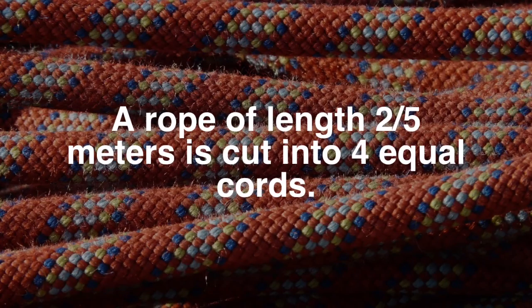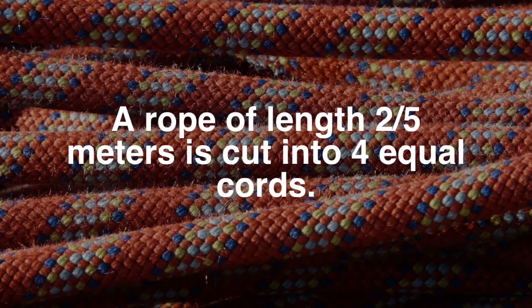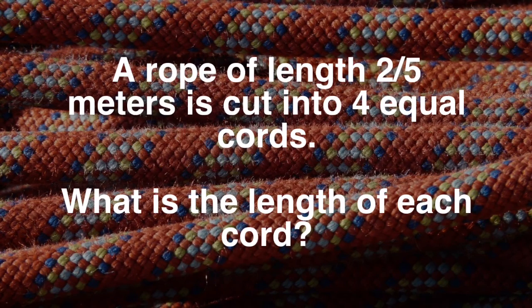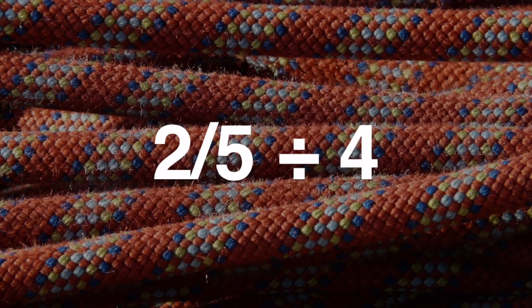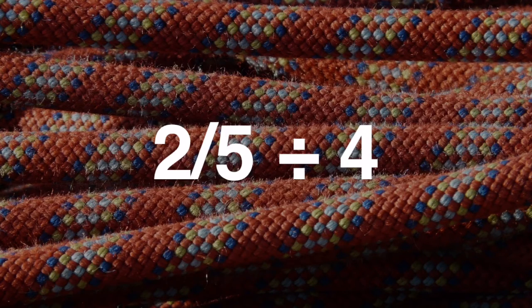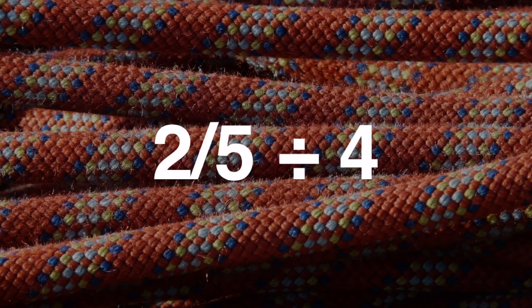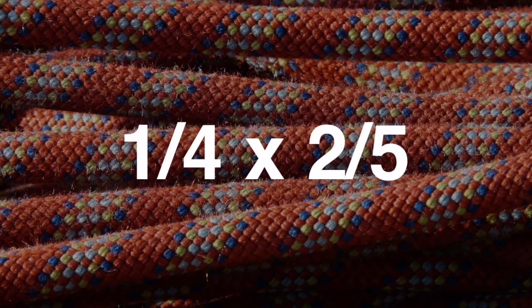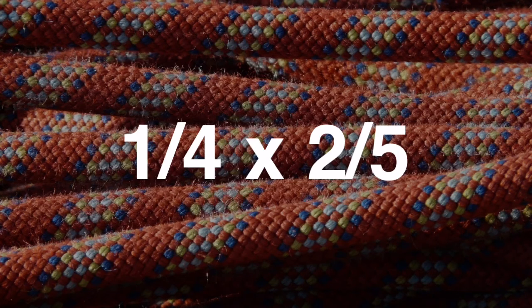Now we have a rope that's about 2/5 meters long, and we're going to cut it into 4 equal parts. If this 2/5 meter rope is cut into 4 parts, what's the length of each part? Okay, 2/5 of a rope cut into 4 parts. So that's dividing. We're making groups of something that exists. 2/5 divided by 4, which is the same as asking us to have this whole thing cut into 4 parts,